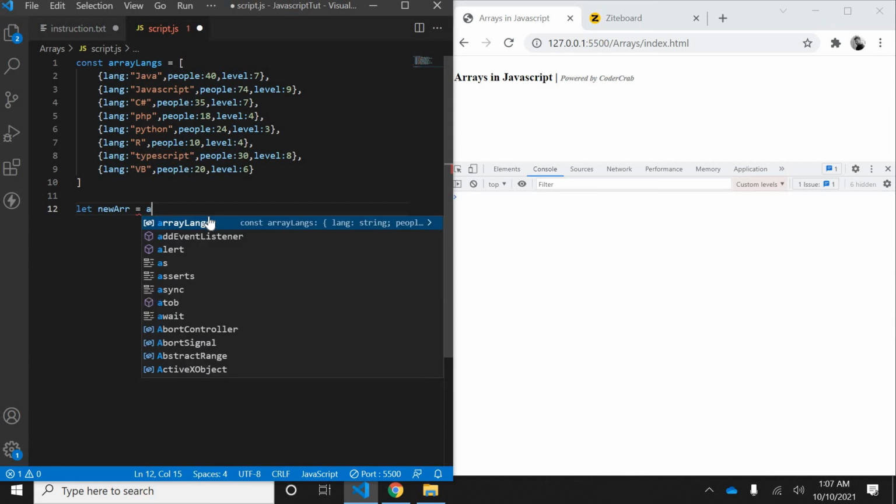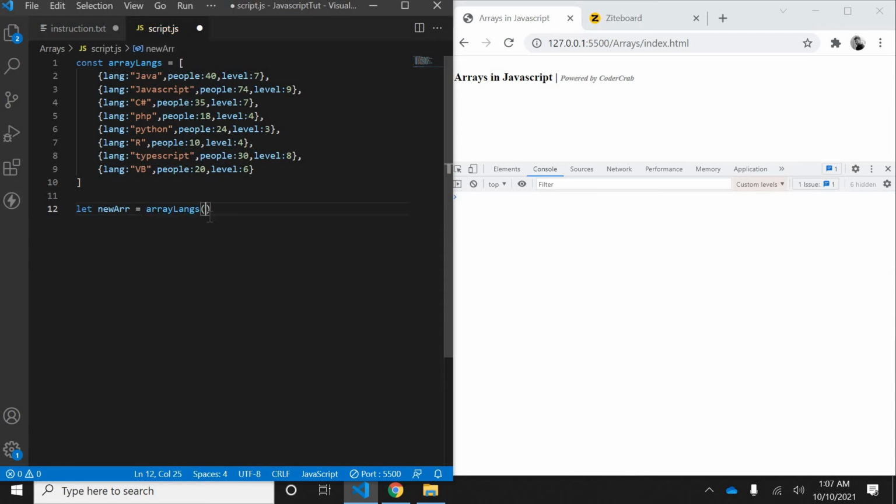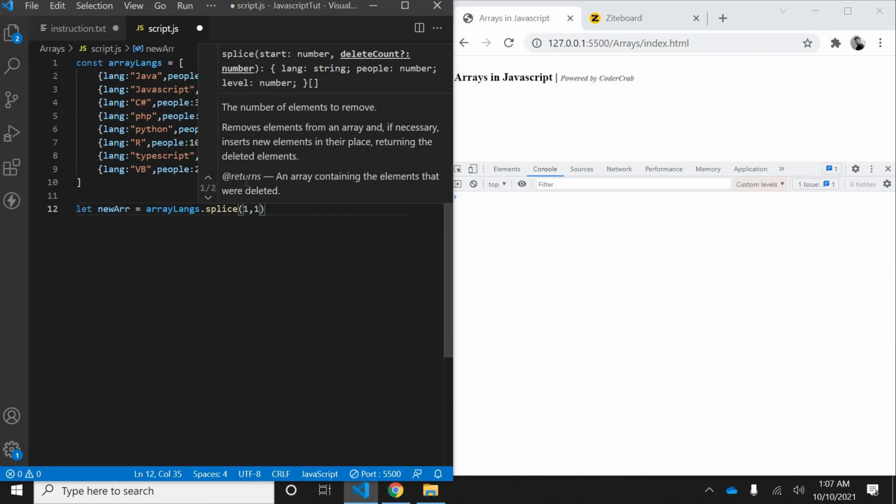So what I'll do is I'll use array length. I don't want JavaScript, so I'll write the index number of it, and that is 1. As the first one is 0, the second one is 1, and I'll have 1. That means I'll remove one index, and I'll remove one element.